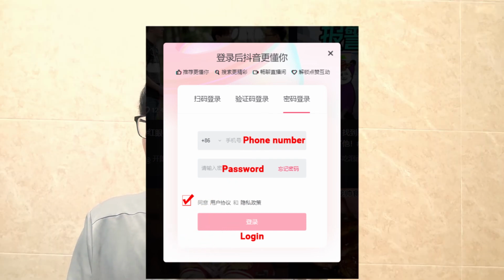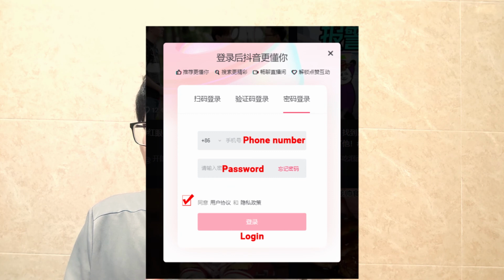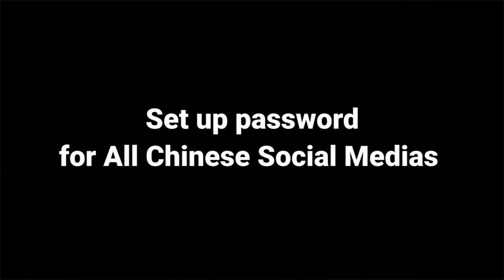If you didn't set up a Douyin password, I highly recommend you set one. A Douyin account could be blocked. At least, that's proof that you own your account. Actually, I recommend you set up a password for all Chinese social media. Just believe me. If you don't know how to set up a Douyin password, please check my video about that